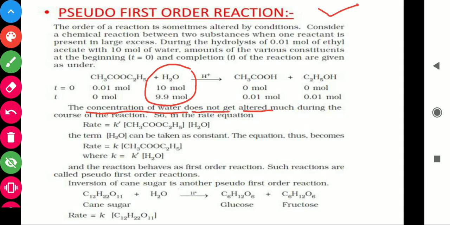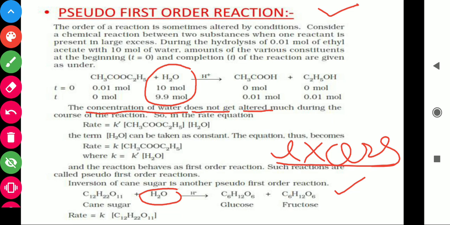One more example is inversion of cane sugar. Here also water is in excess. So how can you know that this reaction is pseudo first order reaction? In that reaction one reactant is present in excess. Any one reactant will be in excess. Here are two examples, hydrolysis of ester and inversion of